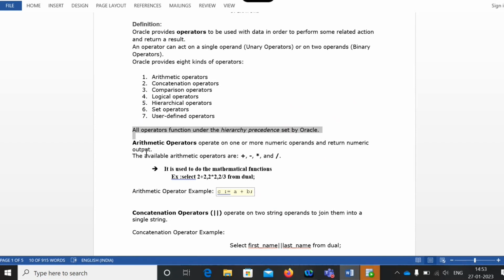If you do anything with arithmetic operators, those are number values, and you will get only a number as output. 2 plus 3 is 5, which is numeric. 5 minus 3 gives a numerical value, and 100 by 10 also gives a number value.